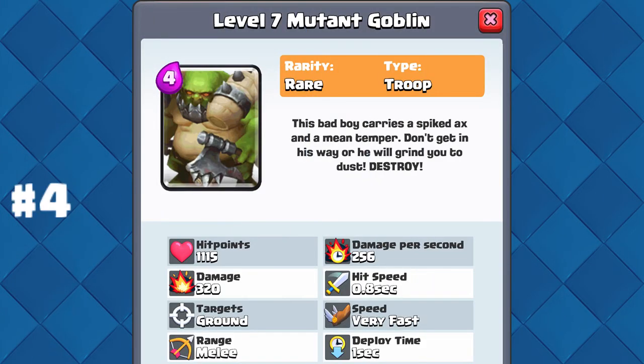Moving on to the next card, we have the Mutant Goblin. This is a 4 elixir rare card. Boy, I love goblins, guys. This bad boy carries a spiked axe and a mean temper. Don't get in his way or he will grind you to dust. Okay, guys, so hit points,